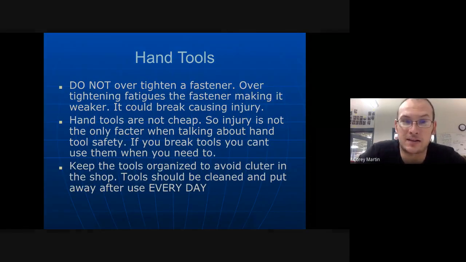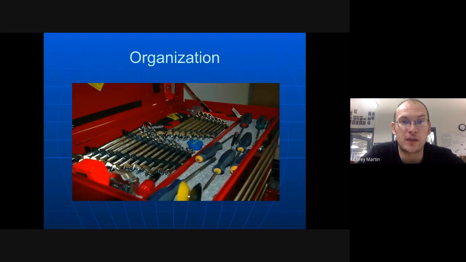So here we've just got an example. That's what a professional tool set would probably look like. This is what my toolbox looks like for the most part. I don't have carpet in my drawers, but I do have wrench holders just like that. Screwdrivers are in nice, neat little holders, not just kind of laid out, because I like for it to be easily identifiable. When you pull a tool out, you should see a vacant spot so that you can tell there's something missing there.